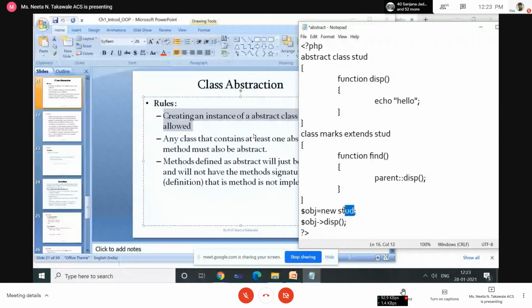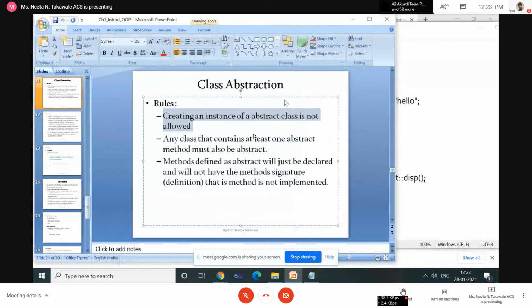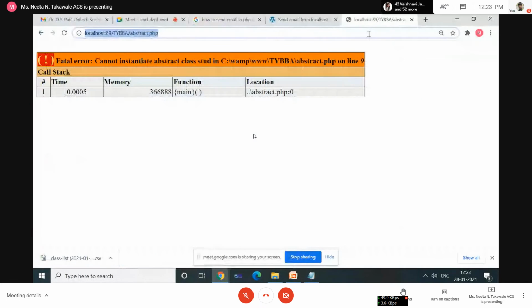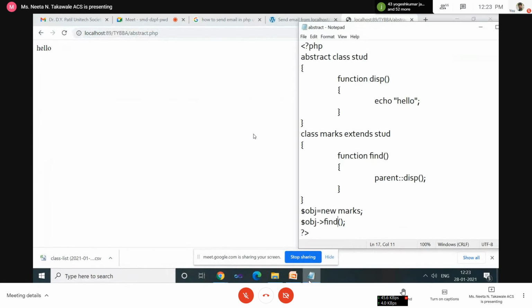Now here is the object of marks, and here we can call the find method. Let's first see whether it will show the error message. Okay, now it is showing the hello message.